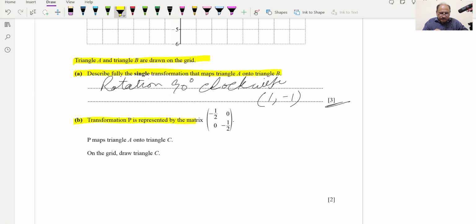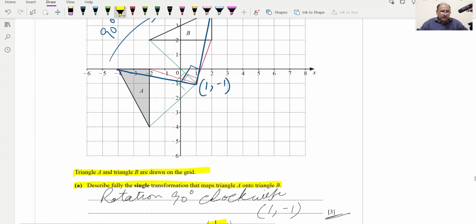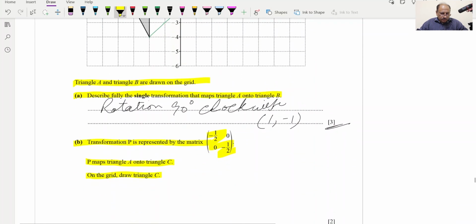Now they're saying transformation P is represented by this matrix. P maps triangle A onto C. On the grid, draw the triangle C. So for this one, the easiest method which I'll explain to you is we can take the coordinates